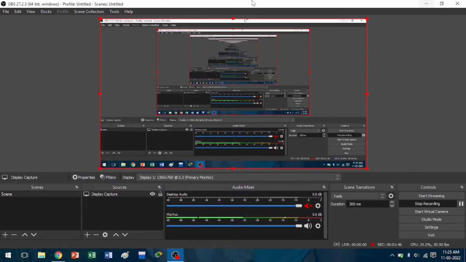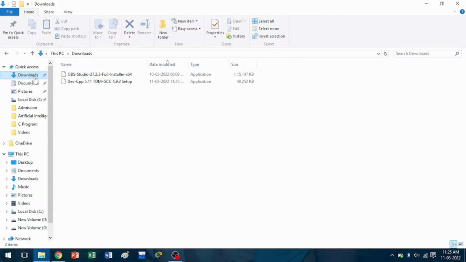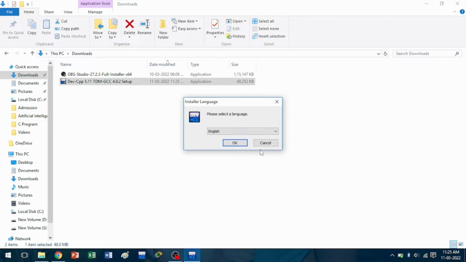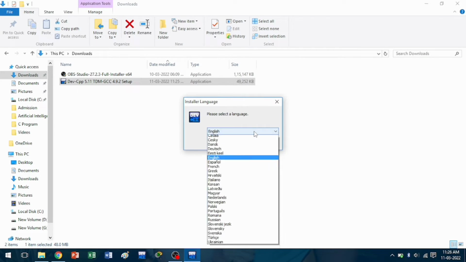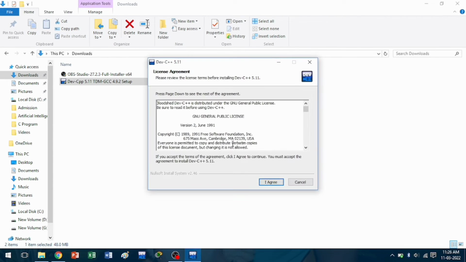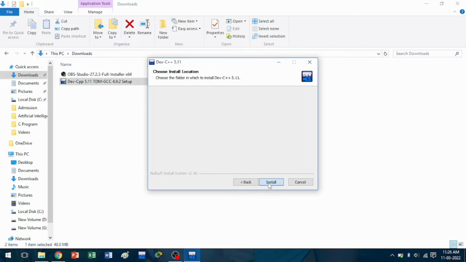Now you have to go to the file explorer or This PC of your system and find the Dev C++ file in the download section and double click on it. You can see that your setup will be loading. After the loading is completed, you have to select your language. So I am selecting English and click on OK and then click on I agree and then next and then